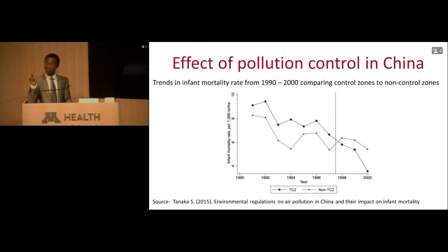And the most significant finding was that the drop in infant mortality rate was highest in the neonatal period, a period of life that has been difficult for public health workers and programs to make a difference in, just because it has a whole lot to do with the exposures that the mother has encountered. So just by reducing the particulate matter in the environment, they were able to have a 20% drop in infant mortality in China,